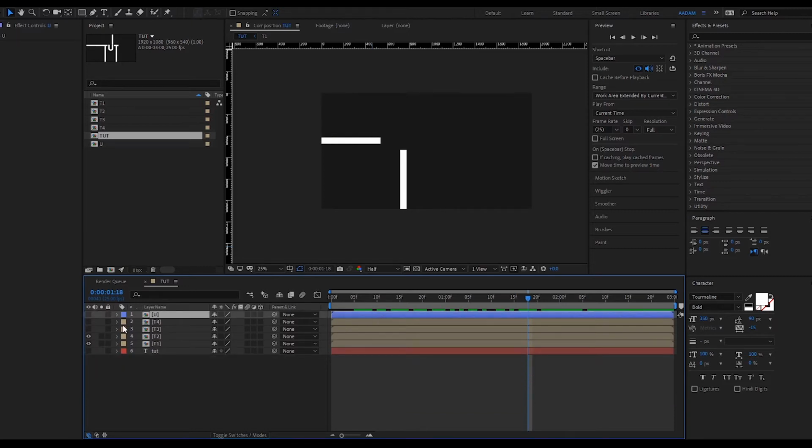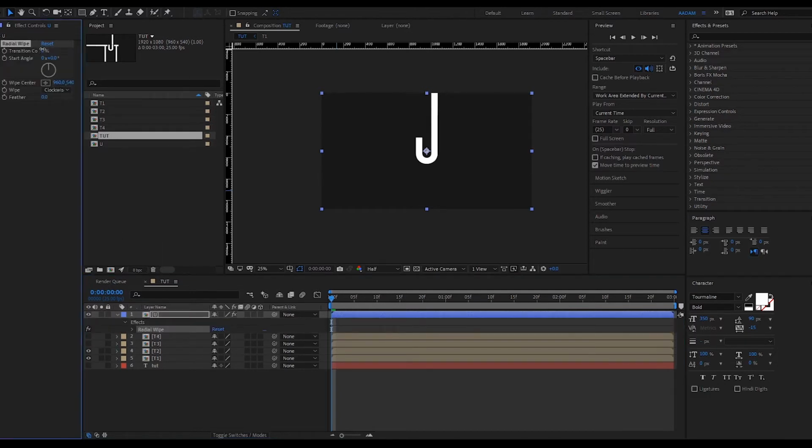Alright, so what I'm going to show you here is something like the U. What we're going to do with the U is, instead of playing around with masking on that, because it's got a curvature shape, it's easier to go to effects and put on a radial wipe. So you'll see what that does. It does exactly the same kind of thing that we need to happen here. It reveals it coming from a certain angle, but obviously this is unrevealing it and we don't want that. So what we're going to do is go ahead and change this to counterclockwise,